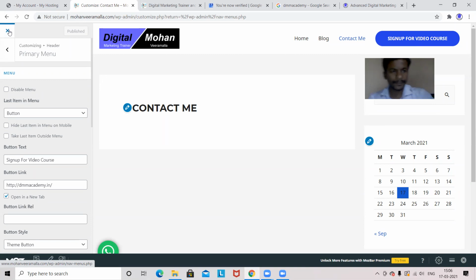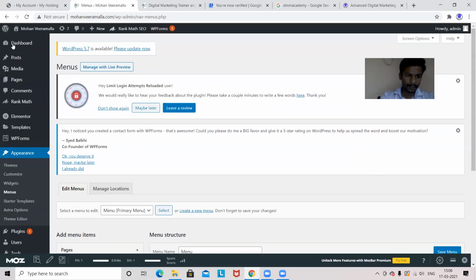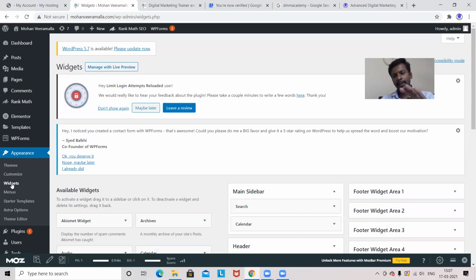To make the footer section, we have an option in Appearance, that is Widgets. With the help of widgets, we can make the footer.